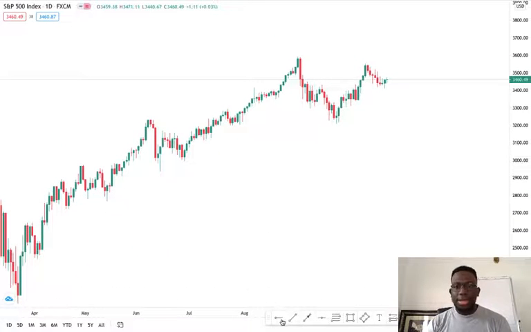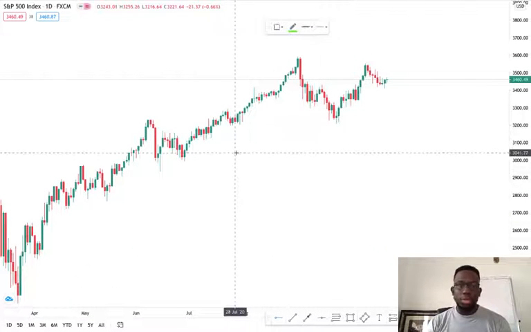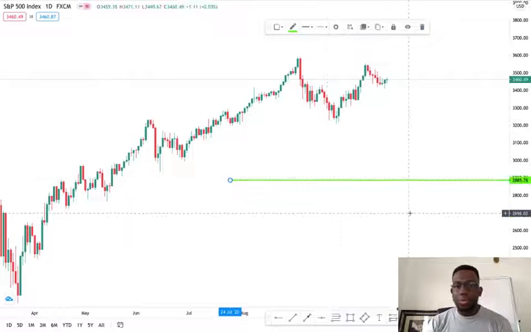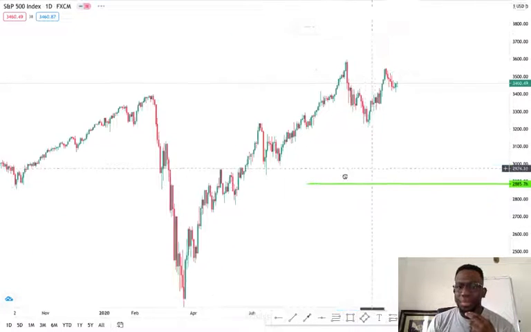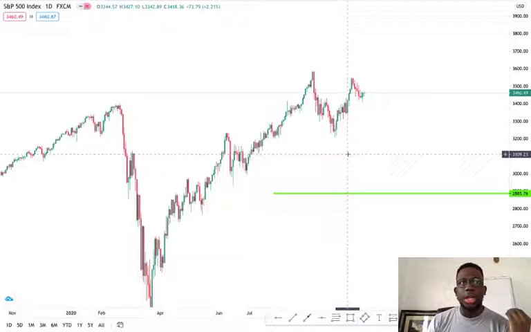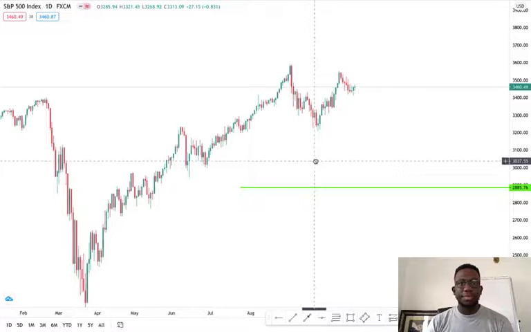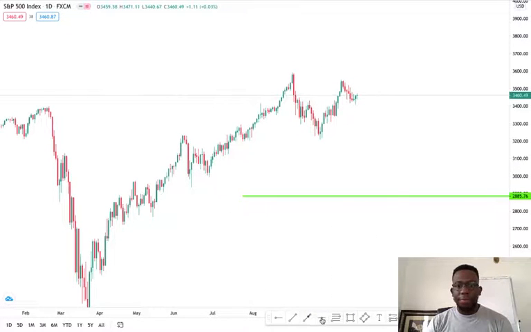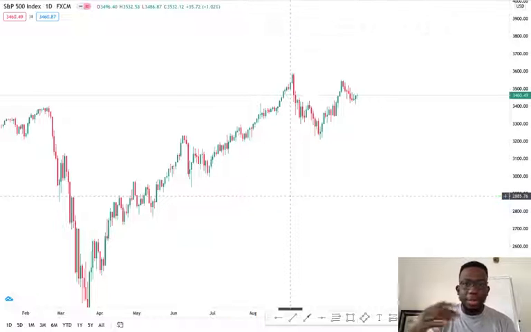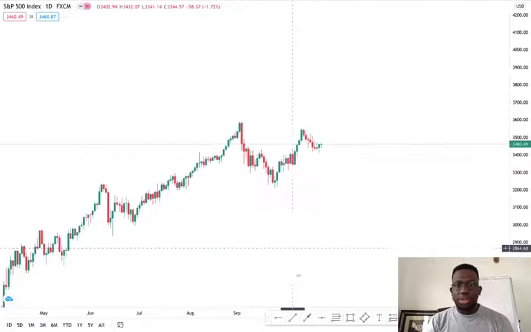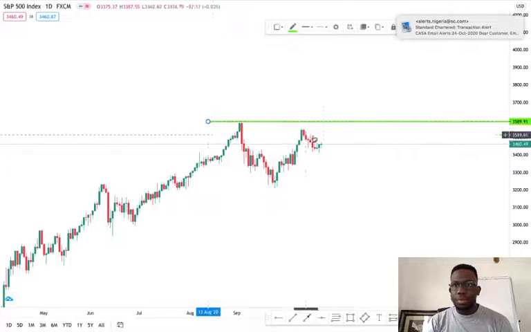Now, cool, let's start off with this tool. Let's customize my horizontal ray. I use my horizontal ray to map out potential targets where I don't want to use a very solid level to plot. For instance, just looking at the S&P 500, I want to do some hypothetical analysis. I will just say to myself, okay, if we break this level,